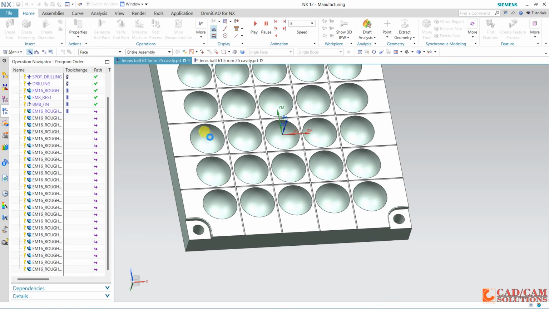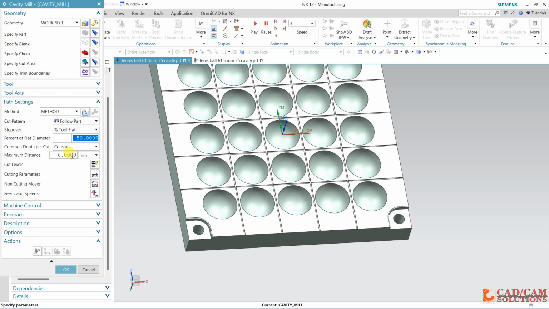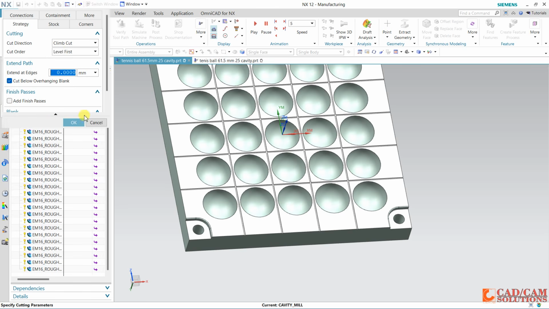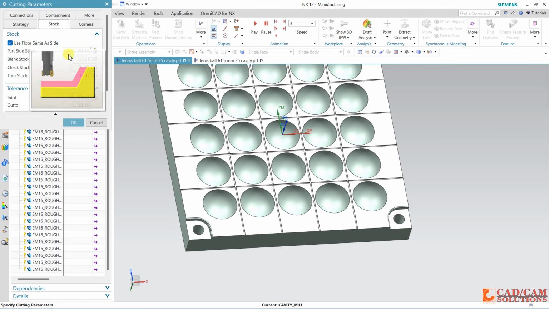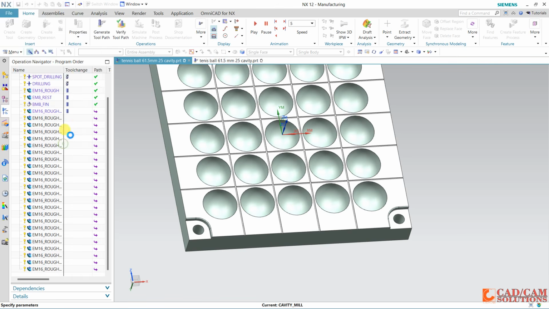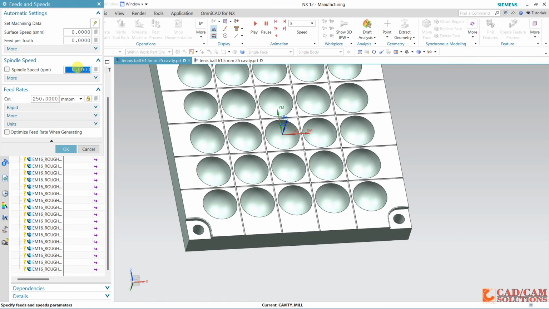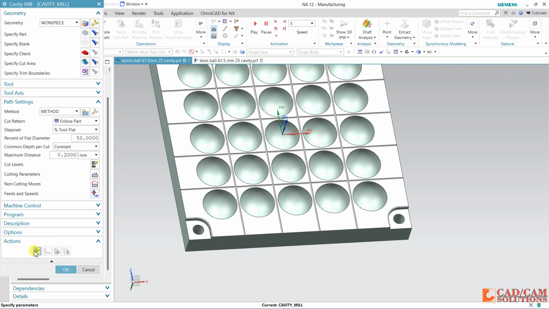Okay, and here it is 0.2. Come to this depth first, stock 0.25. Okay, and speed and feed and generate.